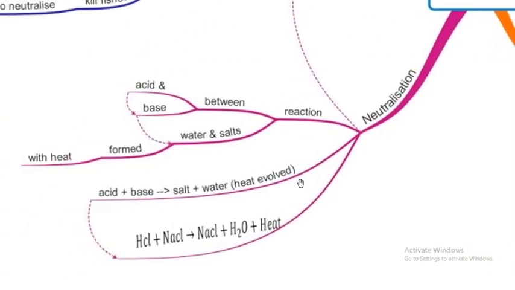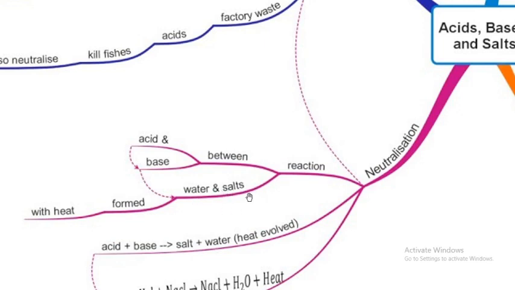Next, about neutralization, you have also seen. What does neutralization mean? The reaction of an acid with a base to form salt and water is called neutralization. For example, hydrochloric acid and sodium hydroxide on reaction give sodium chloride and water. This type of reaction is called a neutralization reaction. The products are water and salt, and a certain amount of heat is also released, so these neutralization reactions are also called exothermic reactions.